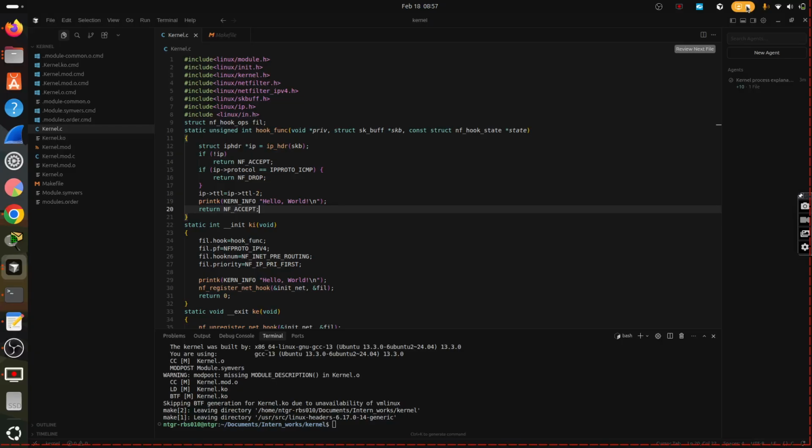So Linux headers. First, linux/module.h. This is used to call the init function and the exit function. Once the module is inserted, the init function will be called, and once the module is removed, the exit function will be called. Okay, then include